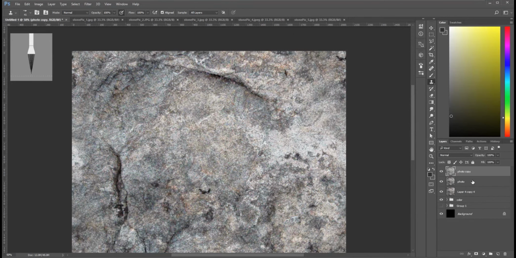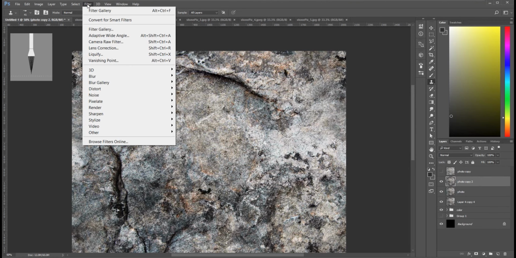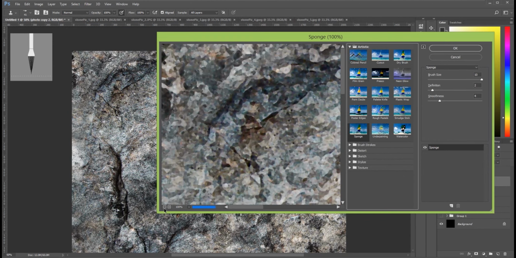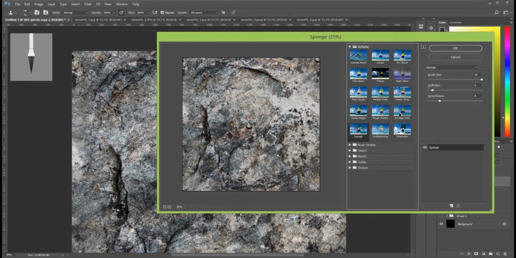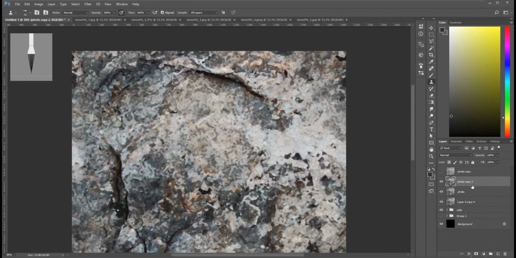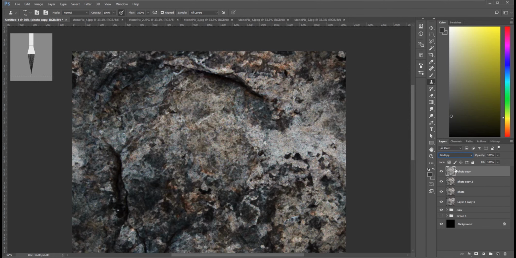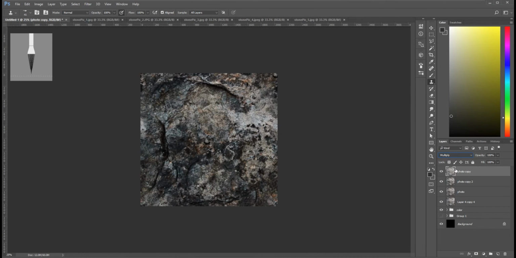And I can make another copy. And I can do another filter in here. Again, you pick something that you like. You can mess around with it in these sliders. I can spend hours in here just messing around with the filters. And we can build this one, and then we can combine them using some sort of blend. Looks pretty cool. So now you've got this painted rock,